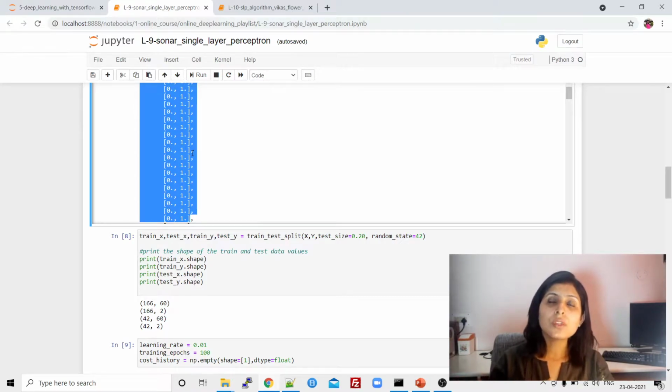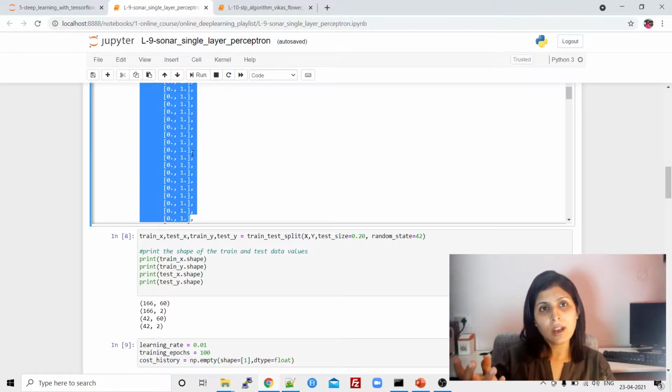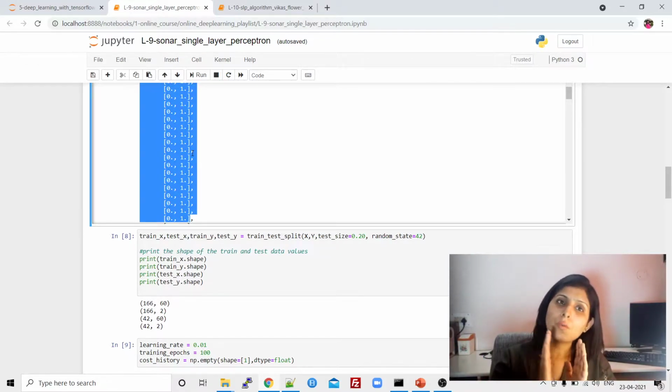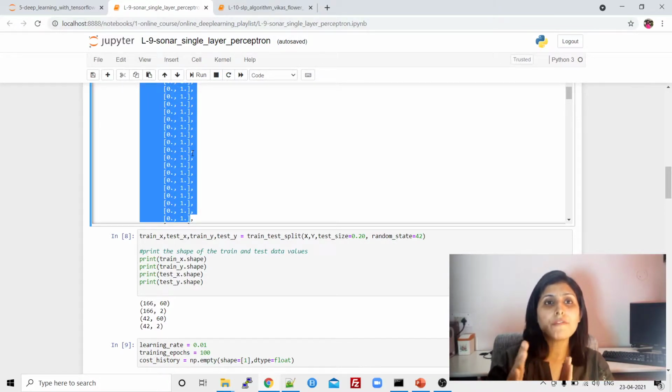If a particular record belongs to rock, then below rock it will get 1 and in mine it will get 0. If any record belongs to the mine class, then there will be 1 below mine and 0 in rock. So one hot encoding simply means we want the details of output classes in the form of binary. That's why we create a separate column for each class, and the data point which belongs to a particular class gets a 1 behind that class, and the rest of the output class columns will be 0.